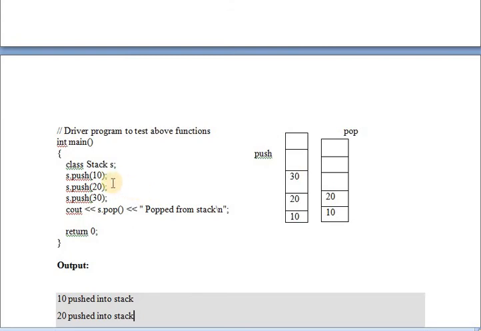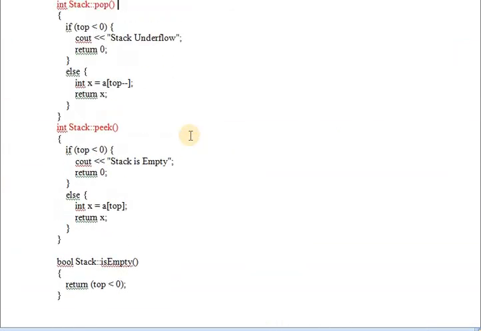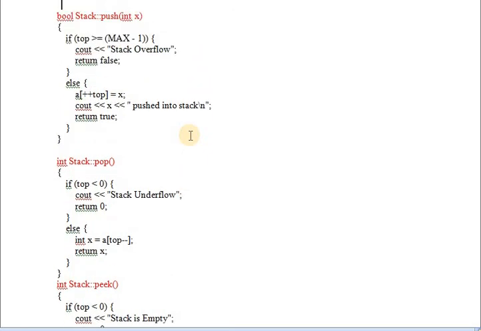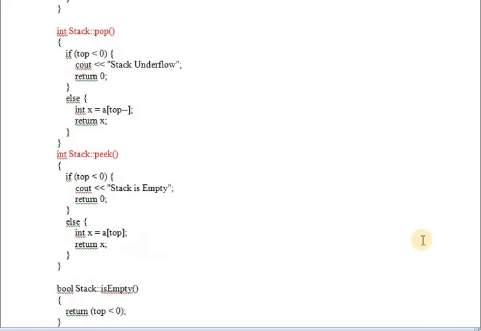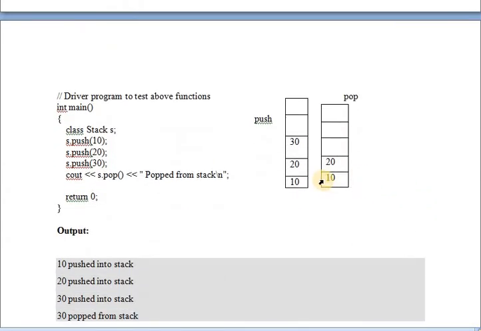So s dot push means we are calling this function using the object. See here, push. I have inserted 3 elements into this stack. For example, I have drawn a stack. The memory sizes and locations we will see later. See here, I am going to pop one element.